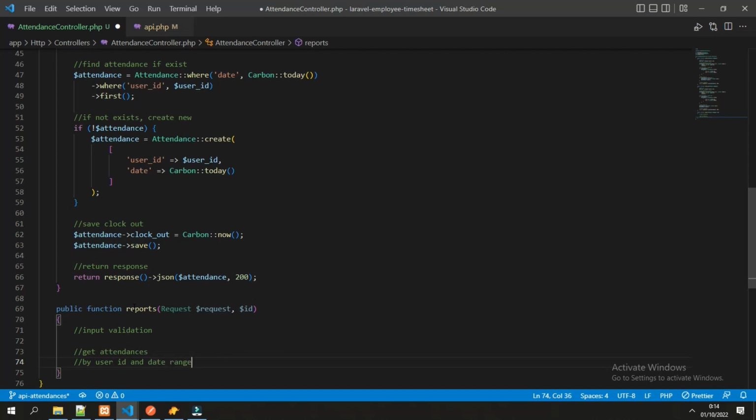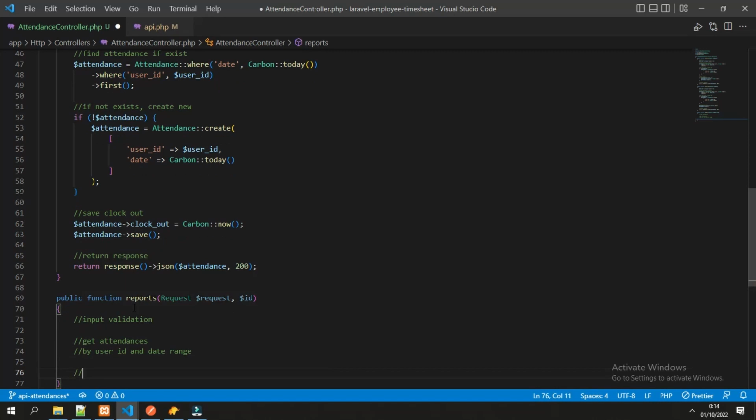So we can specify the start date and end date of the attendance that we want to get. And the last is just returning the response.